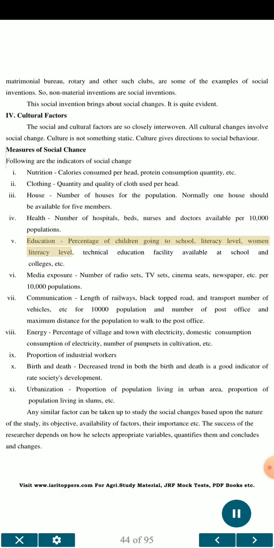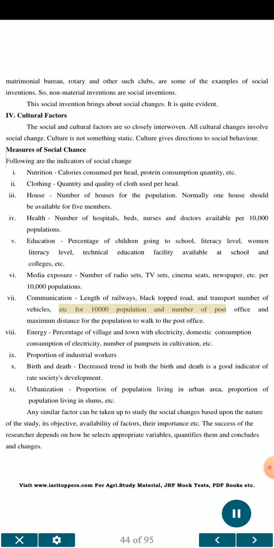V. Education, percentage of children going to school, literacy level, women literacy level, technical education facility available at schools and colleges, etc. VI. Media exposure, number of radio sets, TV sets, cinema seats, newspapers, etc. per 10,000 population. VII. Communication, length of railways, blacktop road, and transport, number of vehicles,